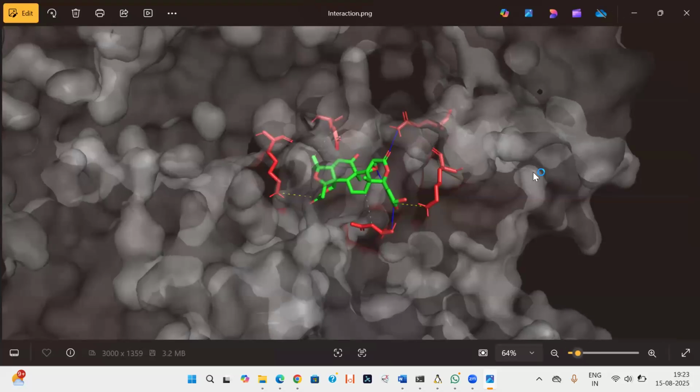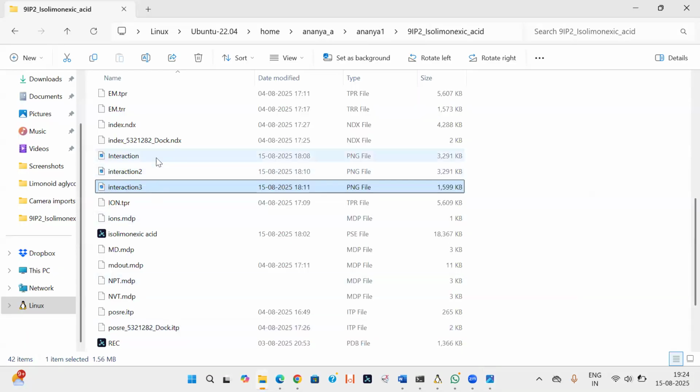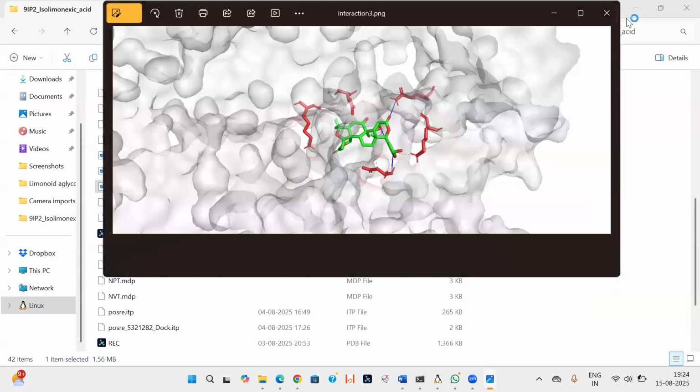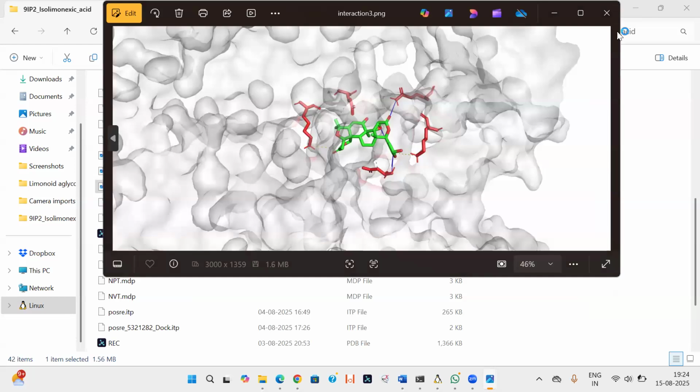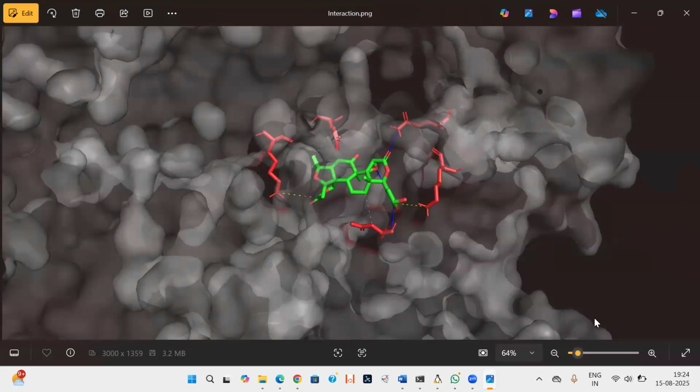This was how I initially did it. I kept all the interacting residues from the protein in one color and the ligand in the opposite color, and I made the surface 80% transparent. Having a black background in this case is looking good. I took one in white background too. Compared to that, the black background looks better to me, but since most journals have white background images, I took one with white too.